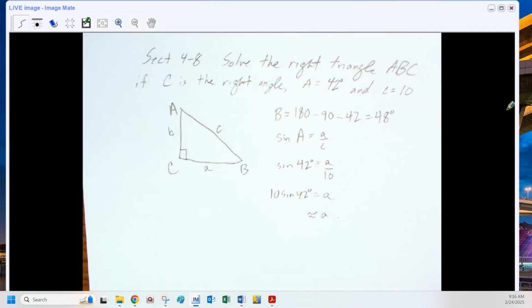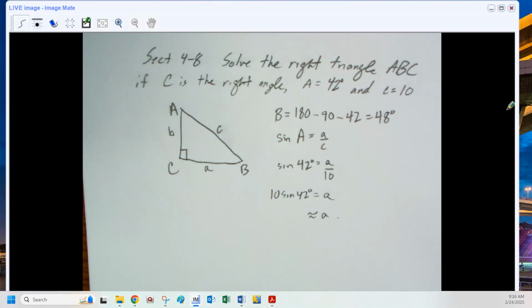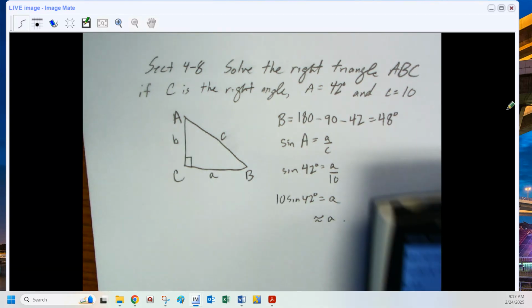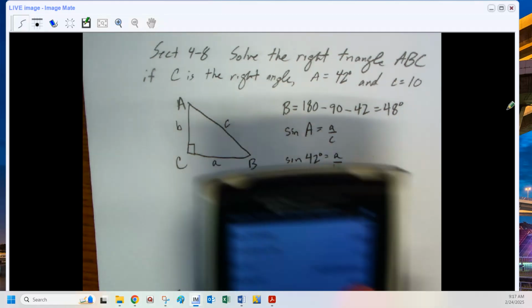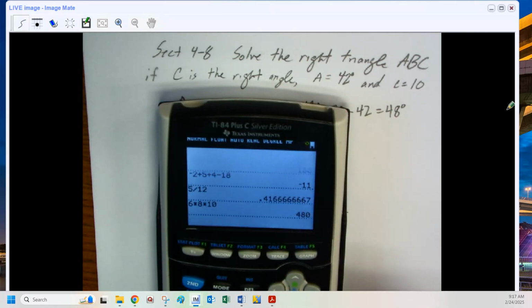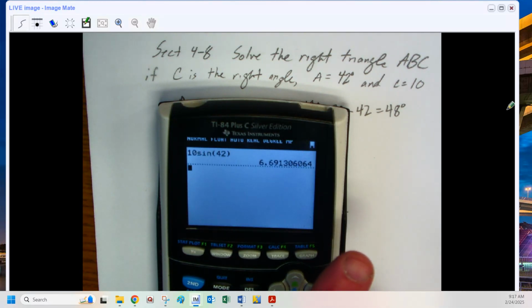You're going to want to make sure that you're in degree mode on your calculator. We need to hit 10 sine 42, and that's 6.691